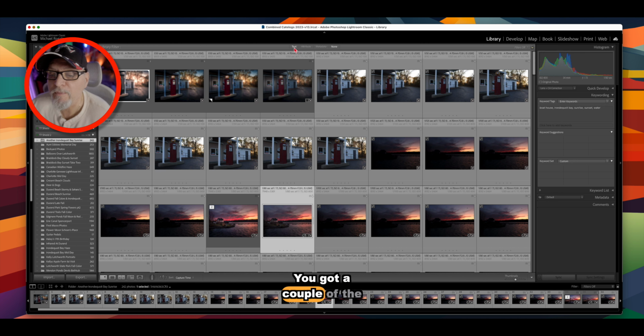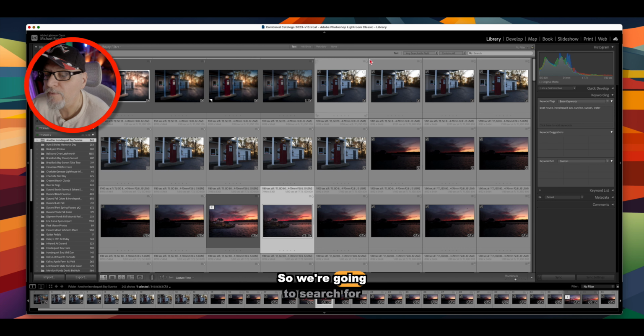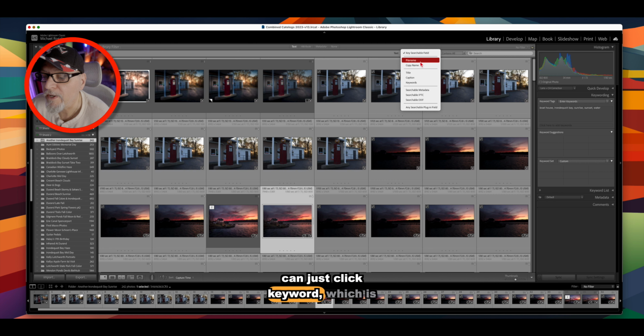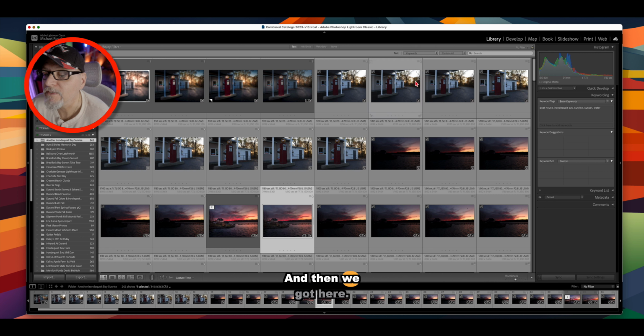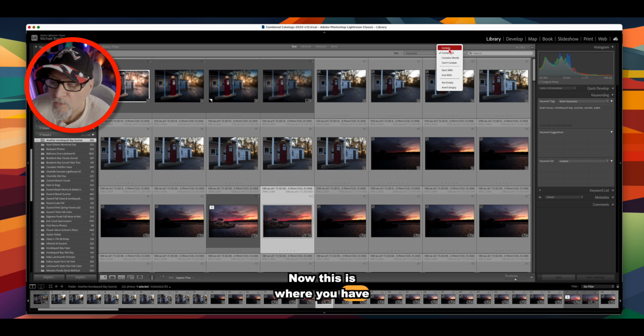So click. You've got a couple different ways you can choose, like our search. Right now we're on none, but we're going to search for text. So we're going to come over here to text, and now you can see this opens up. We can search any searchable field, or we can just click keyword, which is what we want. And then we get here. Now you have to decide, do you want something that contains